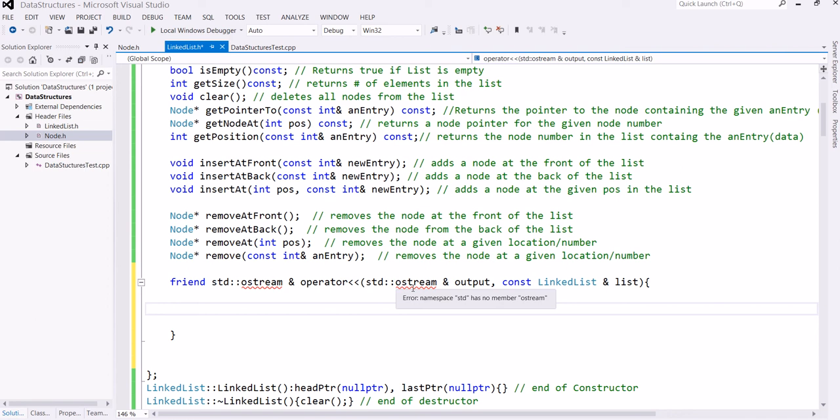Is there some spelling mistake? OS. Okay, we will see. Okay, it will return output. Okay, and here we will have output,